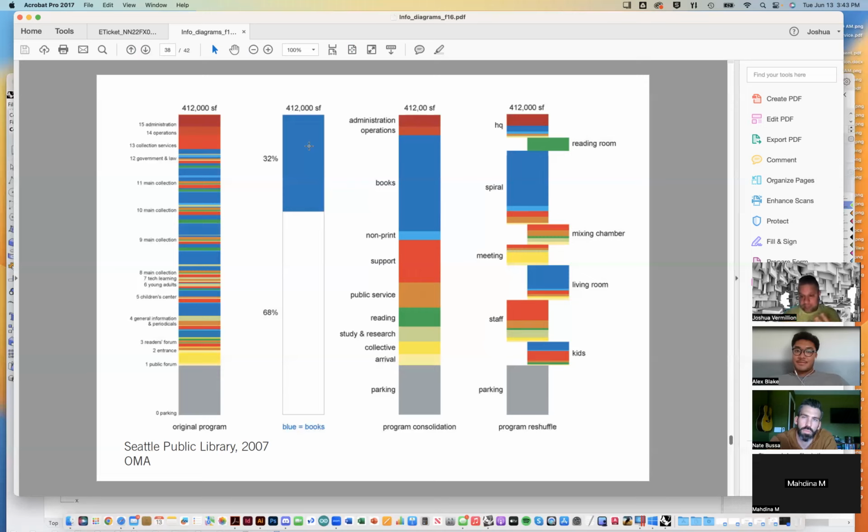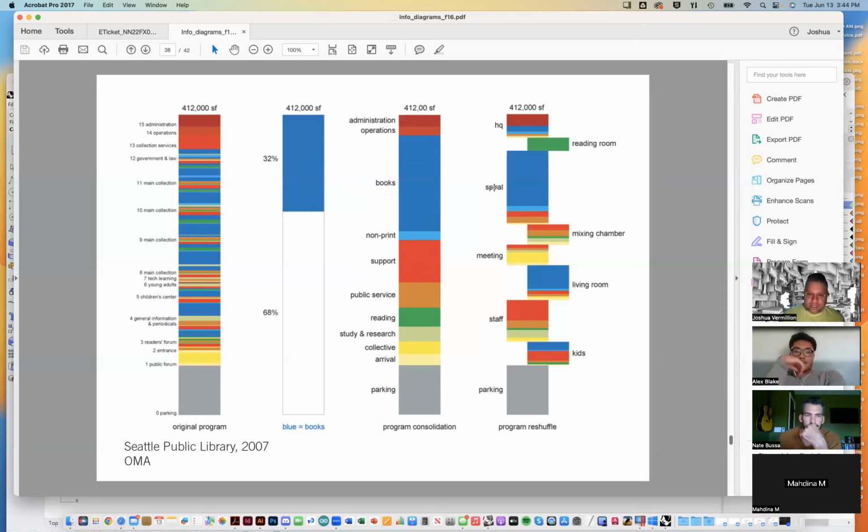Like the public program of a library, particularly Carnegie libraries, right? It's a center of activity, a place where people can come, not only to pick up books, but to share information. So all these things: meeting rooms, living room, mixers, staff places, of course, parking and all that other stuff. They sort of broke it